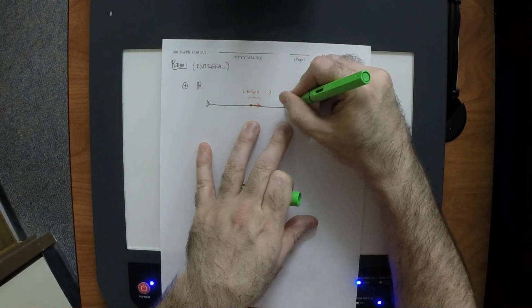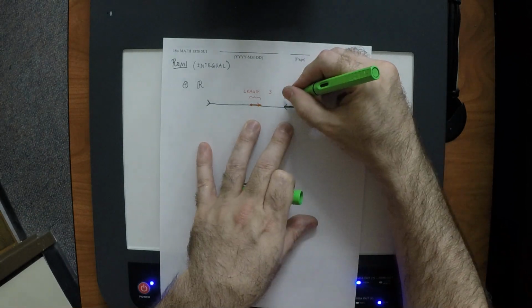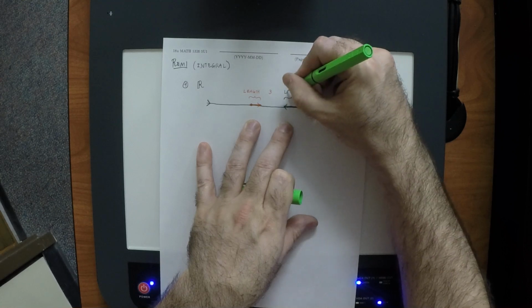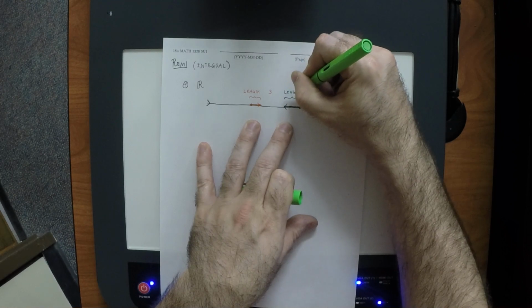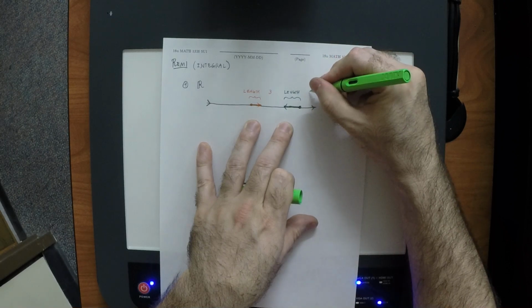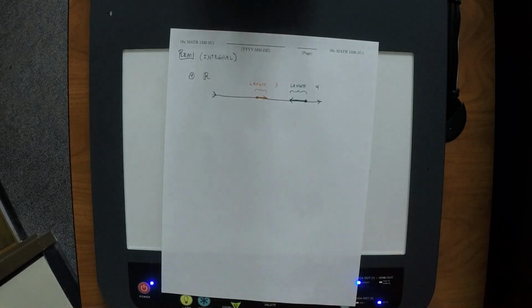So I've purposefully drawn it slightly longer. And suppose we get out our ruler, and we determine that this is length, and again, I'm going to leave myself a gap, and write 4. A little bit longer than the red one. But here's the thing: what we want to do is assign lengths to these,